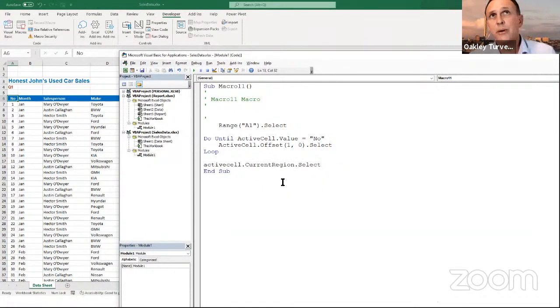The people who are familiar with code are going to hate me for doing this, because every time you select a cell, it's very, very slow. They'd be saying, what you should be doing is just looking at the cell. Absolutely. But you can't record yourself just looking at the cells. What we did there was record ourselves selecting the cell. Now if I step through the code again, F8, F8, F8, it keeps going through until it gets to the one that says NO. It jumps down to that one, and now it selects the active region for the cell that it's found.